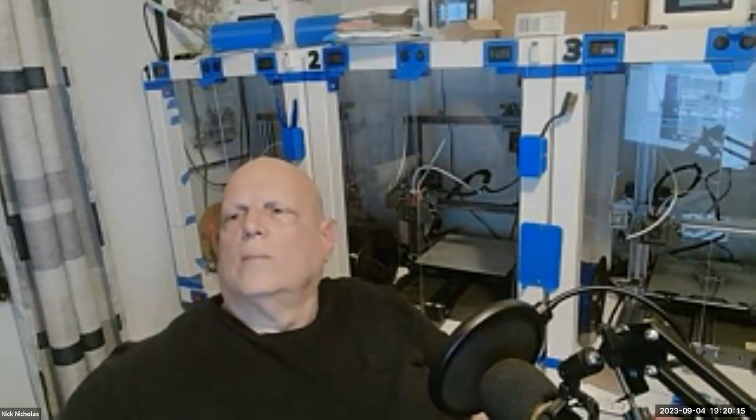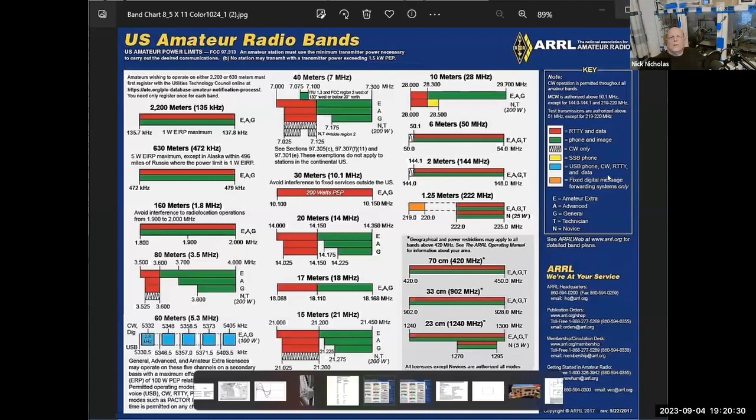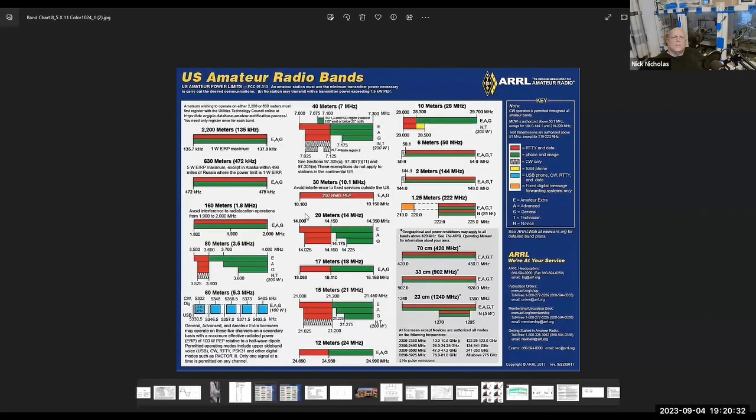All right, I got it. So I'm going to share the screen with you. We're going to discuss this. That's the ARRL amateur band chart. It's not really the band plan. But these are the frequencies we hams have allocated in the United States to us. Of course, each one of these represents a ham radio band, but the part I'm going to get to today